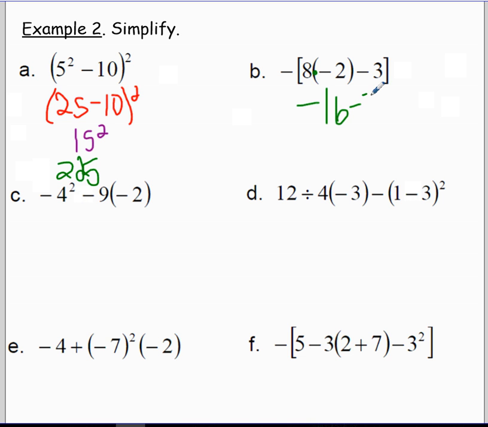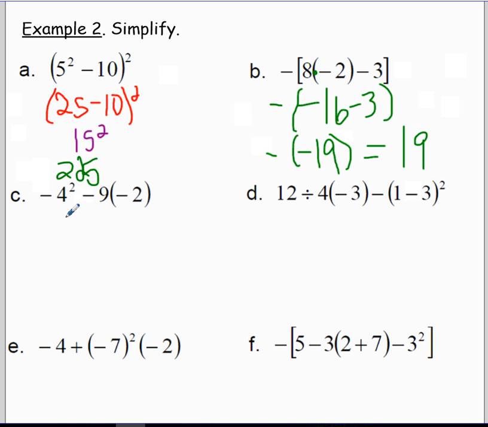We'll bring down our -3. That had parentheses around it. You can change it to a regular parentheses if you want, since there's no other set of parentheses anymore. Let's combine our -16 minus 3 more now. And so we have a negative on the outside. And when we do -16 minus 3, we get -19. And so here we have the negative of -19, which is a positive 19. So the answer to B is 19. C,